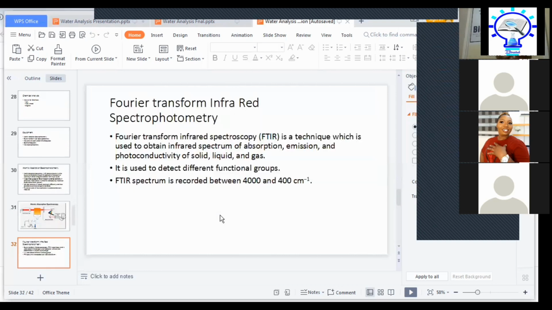Okay, let's move on. Fourier transform infrared is just like this other one too. This one works on infrared absorbance. When infrared light bounces on some bonds, maybe a carbon-hydrogen or carbon-oxygen bond, it causes vibration. There's a stretching and there's a bending. When that stretching and bending happens, we can quantify, we can measure the energies involved. Okay, and so